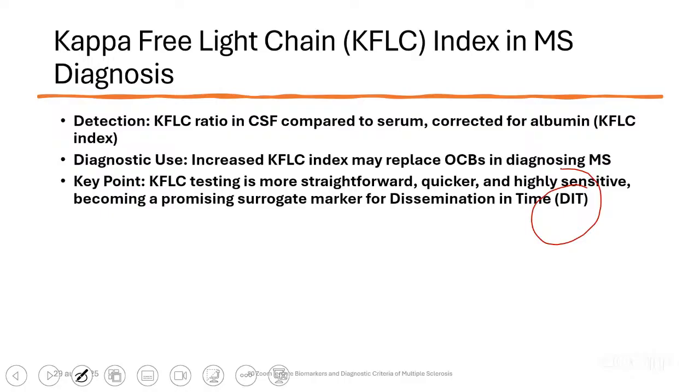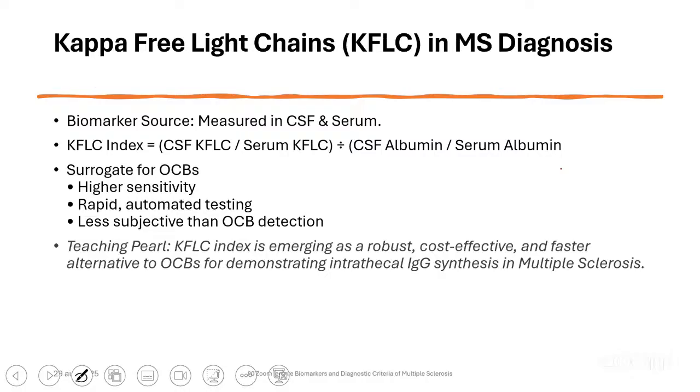So OCBs and KFLCs are dissemination in time parameters. This is measured in CSF and serum: the CSF KFLC by serum KFLC, divided by CSF albumin by serum albumin. It is a surrogate for OCBs, highly sensitive, with rapid, automated testing, and less subjective than OCB detection. So the KFLC index is emerging as a robust, cost-effective, faster alternative to OCBs for demonstrating intrathecal IgG synthesis in